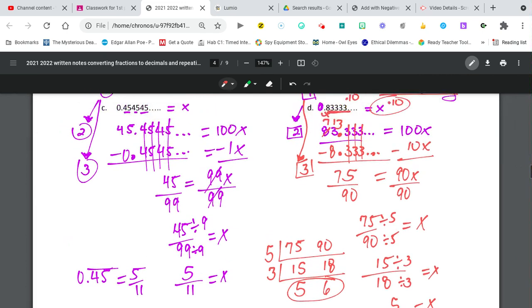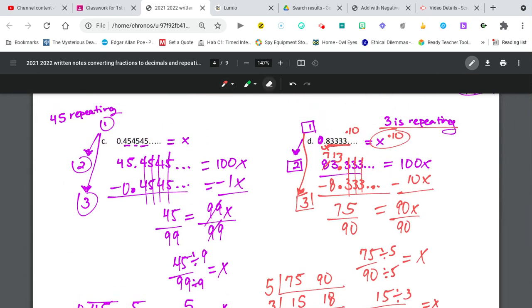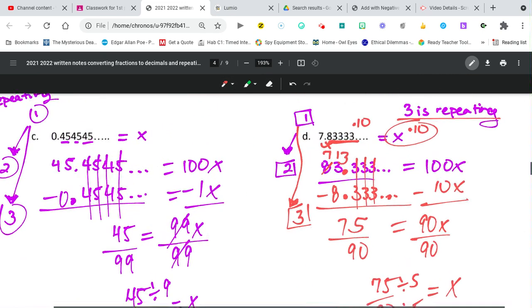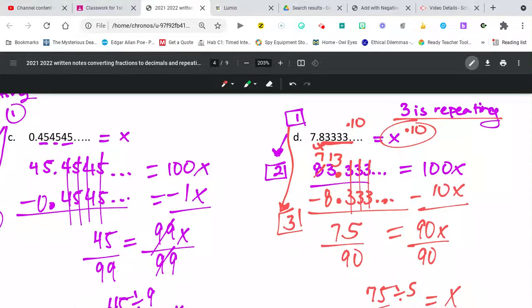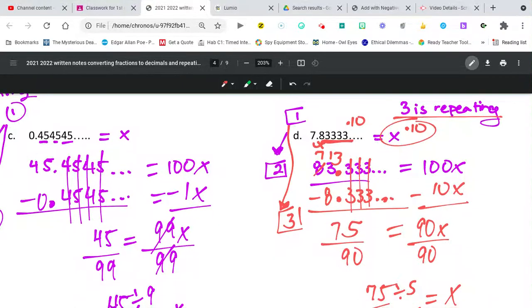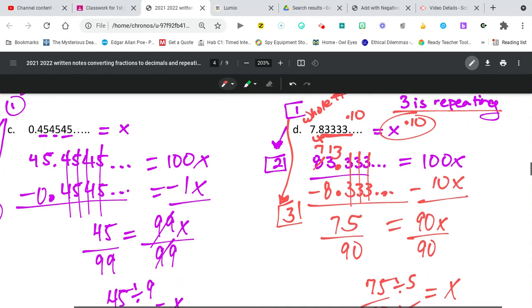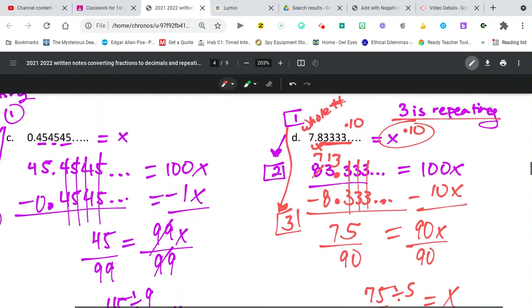All right, now I'm going to show you something, guys. So I'm going to go back and show you this. Suppose I would have left that at 7. Doesn't matter. 7 will act as a whole number. Whole numbers always sit in front of a fraction. So you could have just